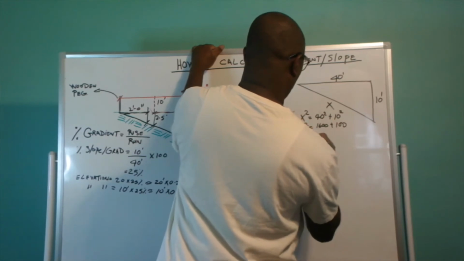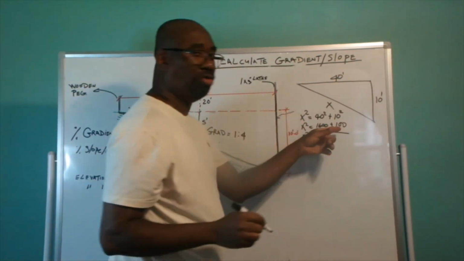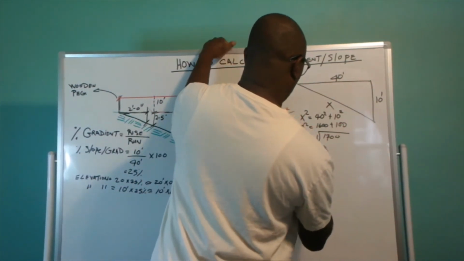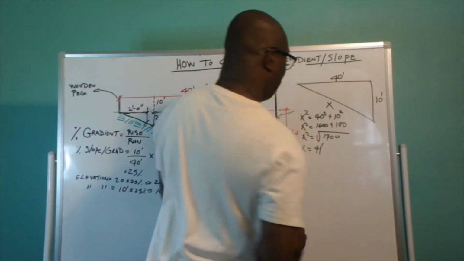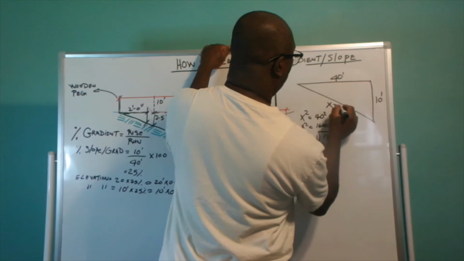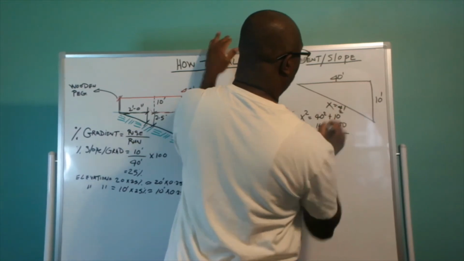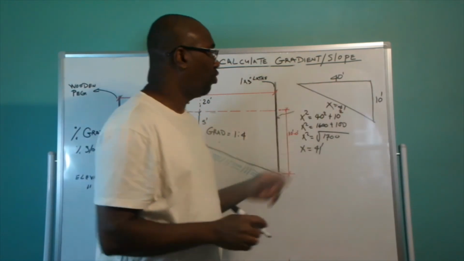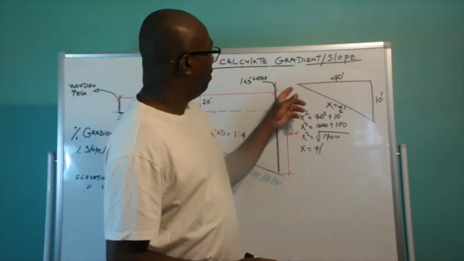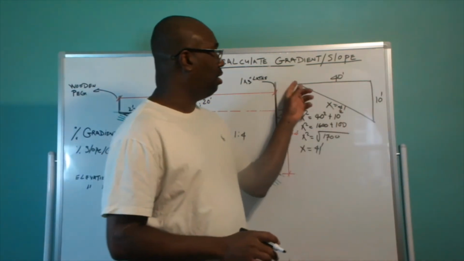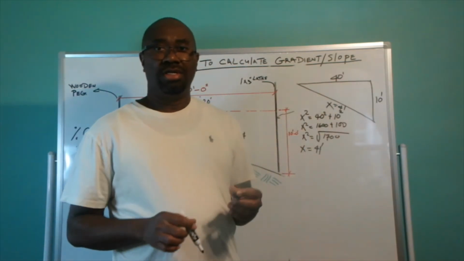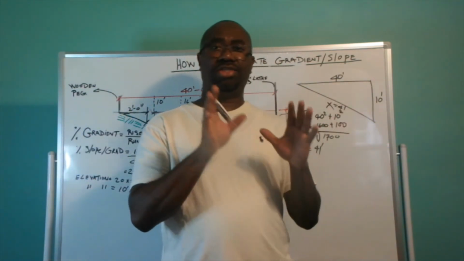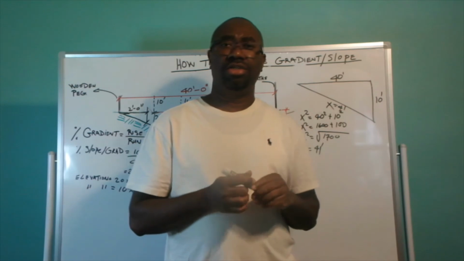So x is going to equal the square root of 1600 plus 100, which is 1700, and then x is going to equal 41 feet. So this distance here is going to equal 41 feet, right? So you can see that is 1 foot longer than the horizontal distance of 40 feet. So ensure not to measure the slope distance, because it's going to be a little bit longer than the true horizontal distance. So this is knowledge that if you're working on a slope plan, you must try and understand